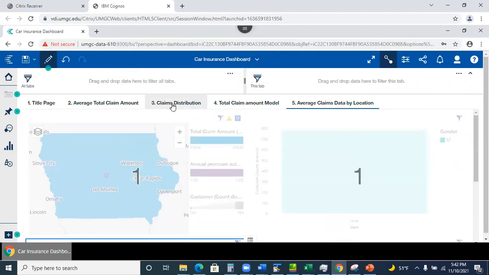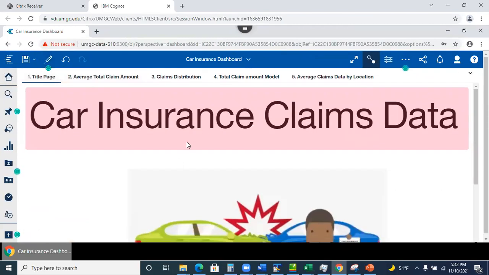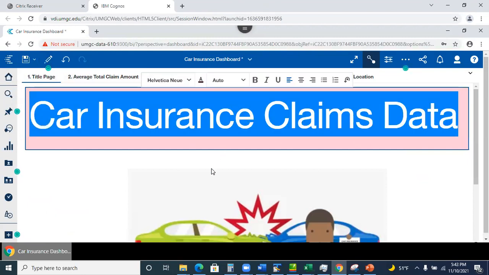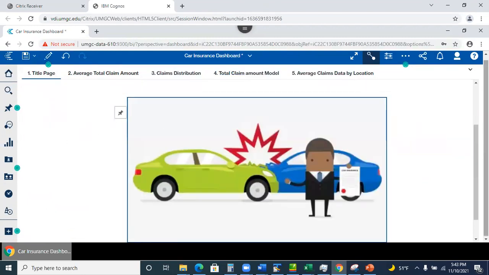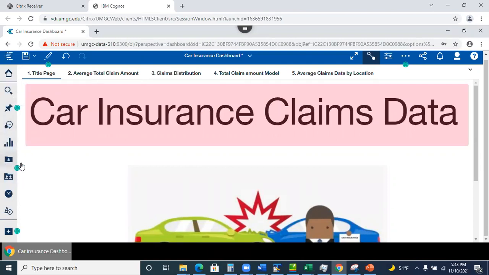So now let's see what else I have on the first page. This is a title page, right? I have the text. Oh, do I need to be looking at... I need to be in edit mode, right? Okay, well, what is this? This is just the text, right? It's in here, and I have another video where I show you how to do the text properties, right? So you go to in here, you need to go to your